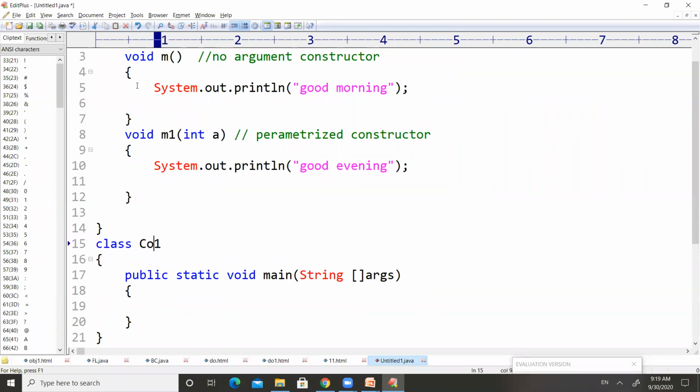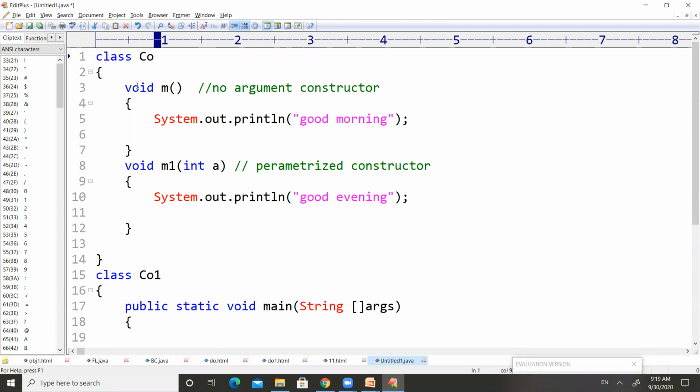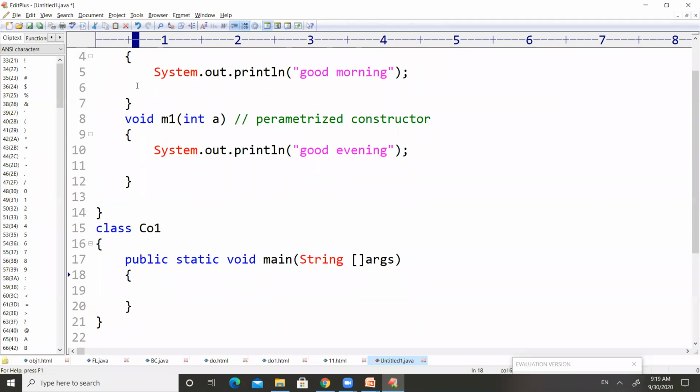If you observe the entire class, there is no static keyword. If there is a static keyword, it can be executed directly. Because there is no static keyword, we need to bring them into the RAM. The people who don't understand what the static keyword is, and how it works in Java programming language, can follow the first class in our syllabus. It is already kept on YouTube. Then you will understand the importance of the static keyword in Java. So if we have the static keyword, the things will be directly moved into the RAM.